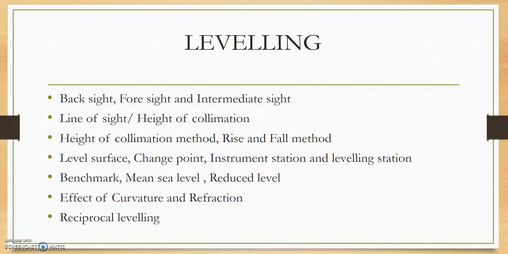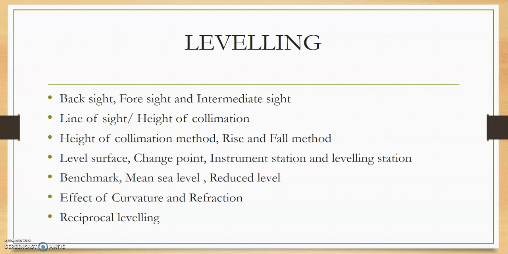We know that the earth is a level surface. When we are doing a survey over a long length, our line of sight never bends, though we are surveying on a level surface. Hence there is an error due to curvature, because the earth has a curvature effect.